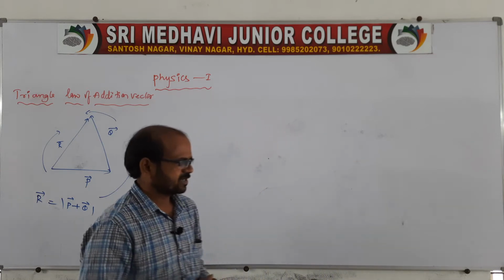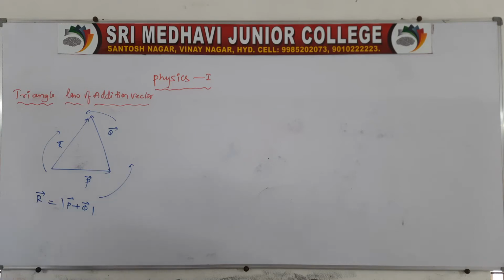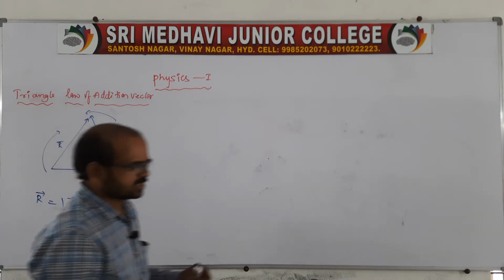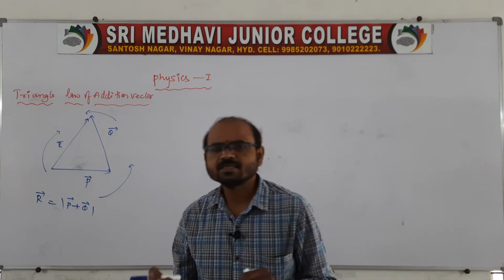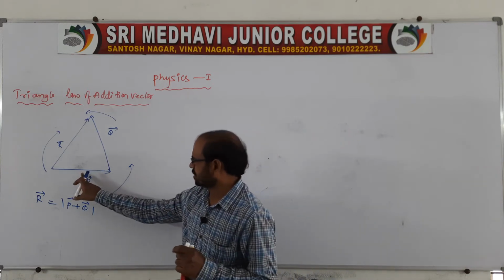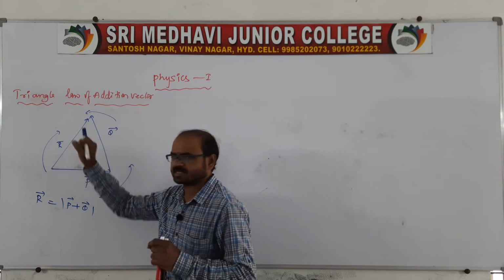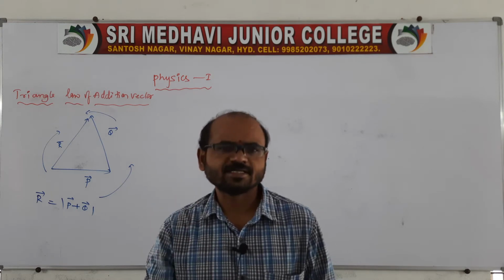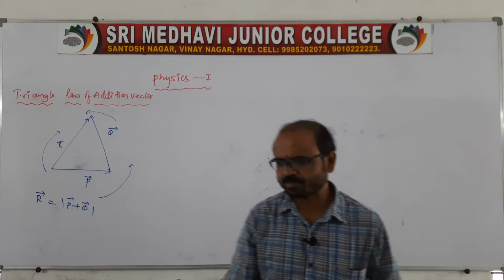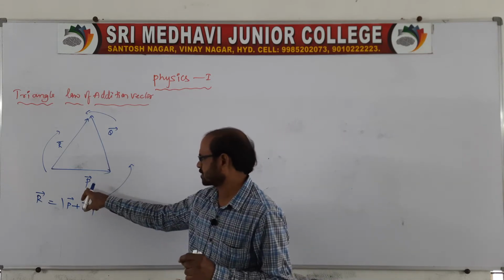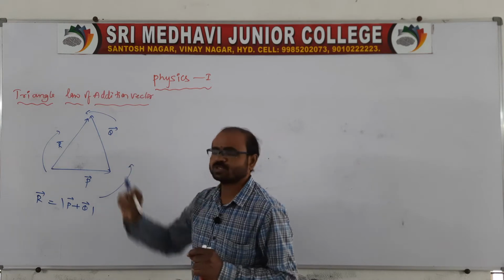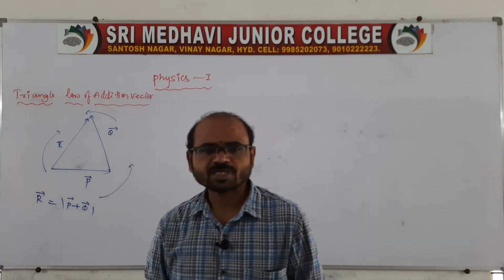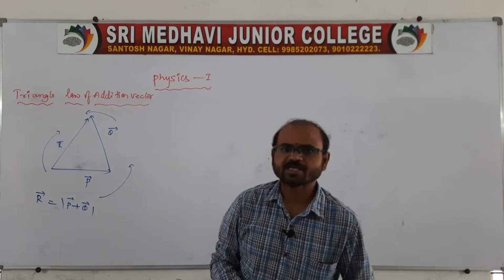See, the triangle law of addition of vectors is also the same as addition, and you remember addition in the sense. Here, a triangle consists of three sides: it is one side, it is another side, and it is another side. In a triangle, if any two vectors, that is the adjacent sides of a triangle, are represented both in magnitude and direction, that's why you write the arrow mark on top, so that it is represented as a vector.